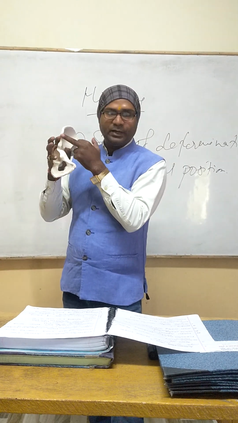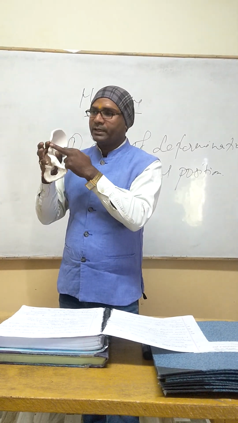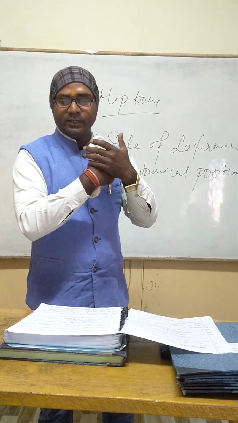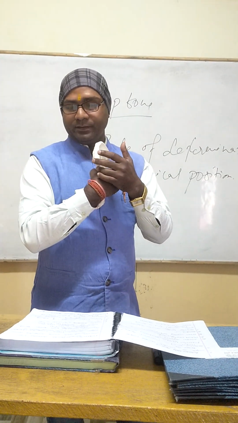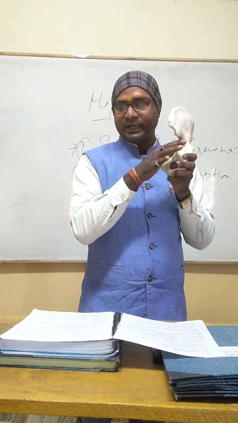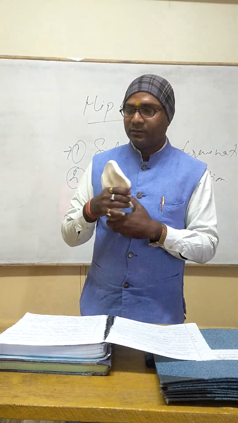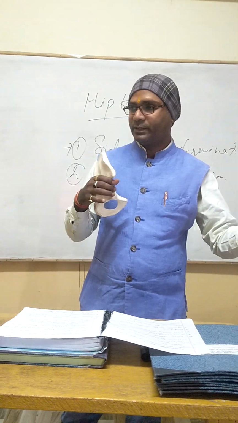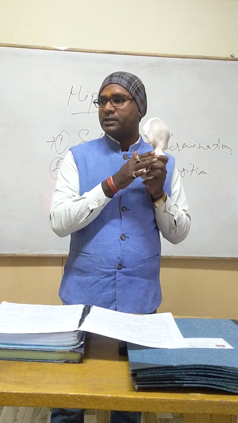the straight head of rectus femoris attachment, and on the lower side the iliofemoral ligament attachment. And in the posterior we have the posterior inferior spine, which is forming the greater sciatic notch, where the ischial spine is. So the greater sciatic notch, and this is the ischial spine.